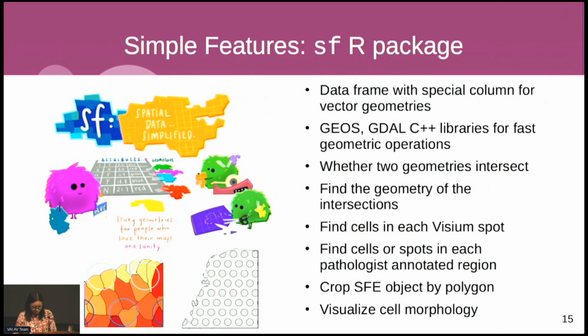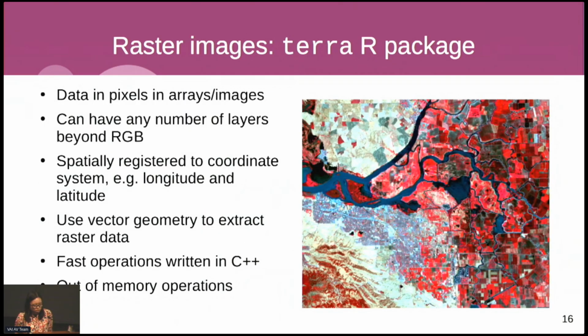For raster, there are several different packages in R that can work with raster, like Terra and stars. But here I mostly use Terra for raster. Terra comes from the geospatial tradition, and I think it's very well written in C++. The cool part about Terra is that it also has some functionalities for vector geometry, so we can use vector geometries to extract data from raster. I'll show an example of this in the coding part of the workshop.